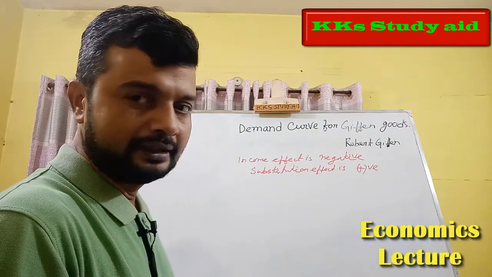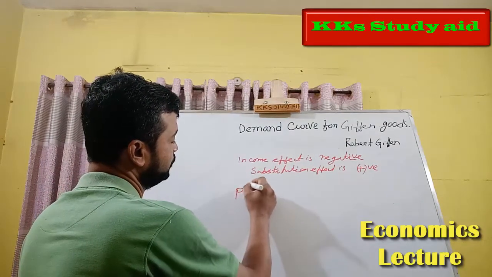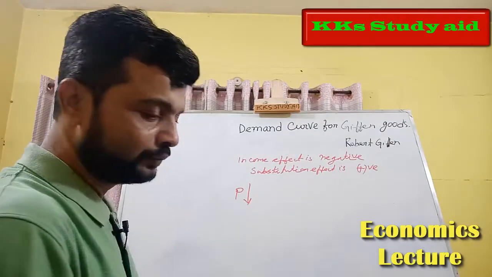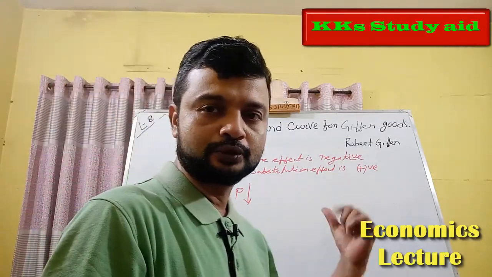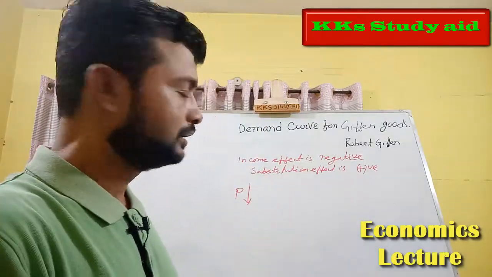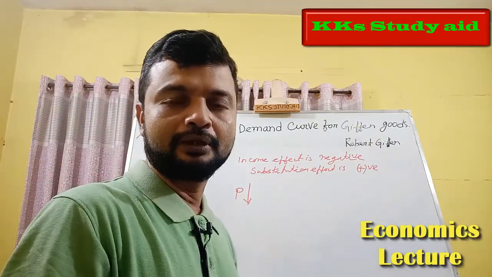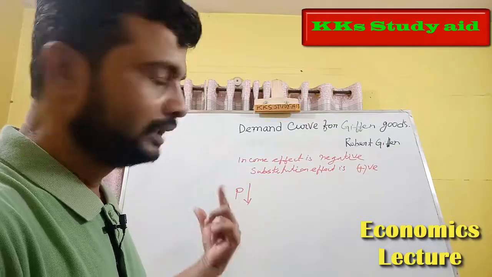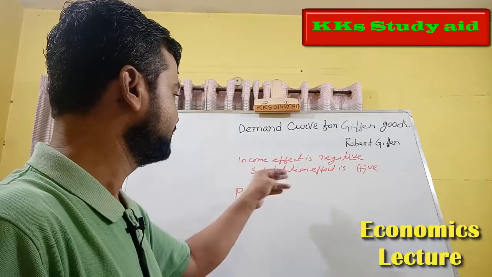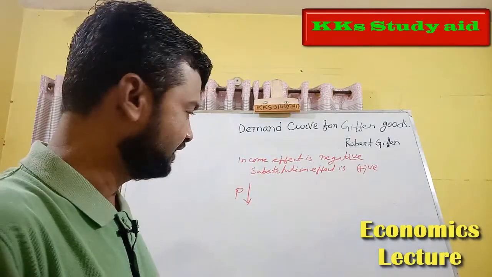Now let's see the matter in an example. Say the price of the Giffen Goods falls. What will happen here? We know that when there is a change in price, two things occur: one is the income effect and another is the substitution effect. It occurs in every case, whatever the goods is. It may be normal goods, inferior goods, or any other type of goods. Whatever the goods is, when price changes, two types of effect come into action.